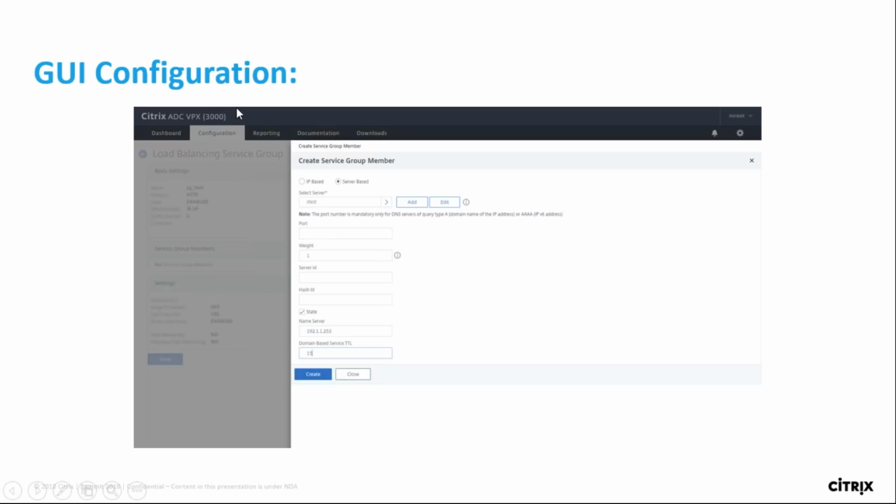Along with this cluster support, we have added two new things here. First is giving the option to the admin or the user to select the name server IP address. Initially, you did not have an option to provide the name server. So typically when you had multiple name servers, there was a challenge to specify which name server you should talk to. Now you can provide that information, and the TTL for that name server is now configurable using this profile. You don't have to go to that name server and configure the TTL, which is now possible through the Citrix ADC interface also from this page.